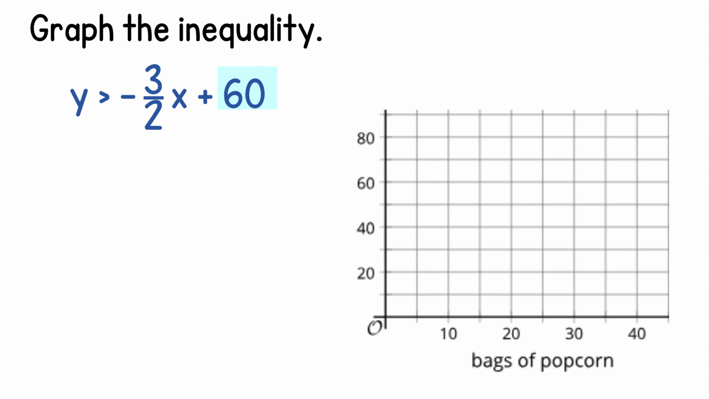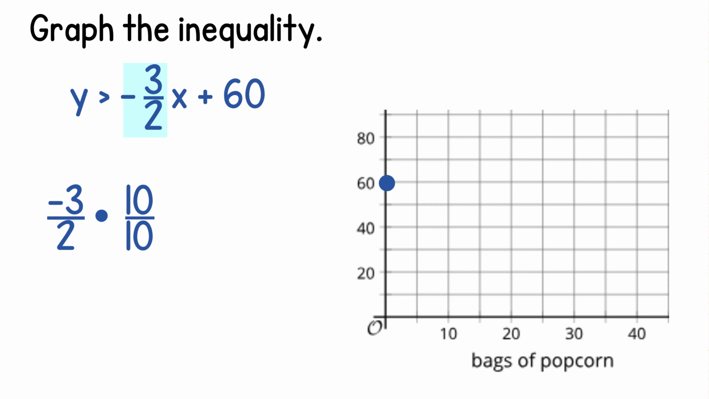Our y-intercept is 60, so we'll put our first dot here. And our slope is negative 3/2. But if we look at our grid, the numbers are a lot bigger than going in increments of 2 and 3, so we want to make our slope a little bigger. So we'll take the slope we're given, and we can multiply the top and bottom by 10,